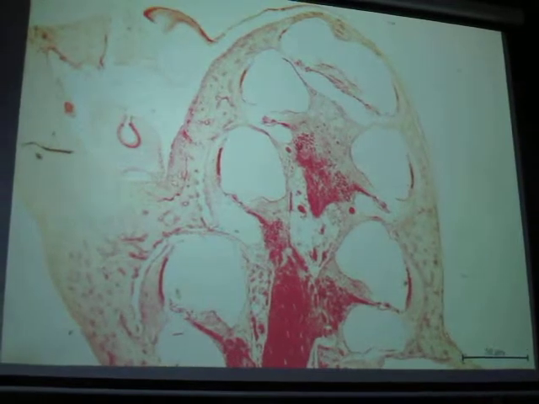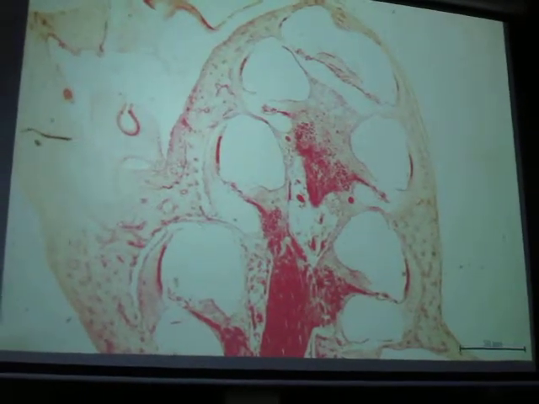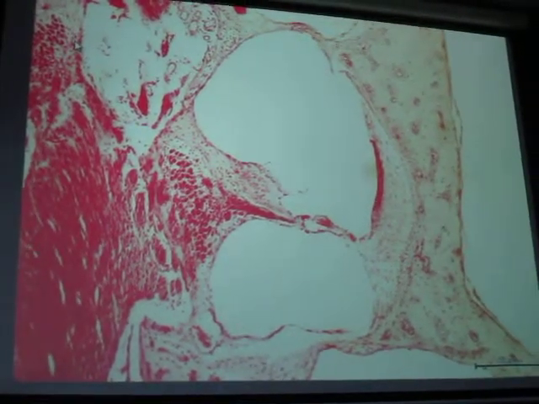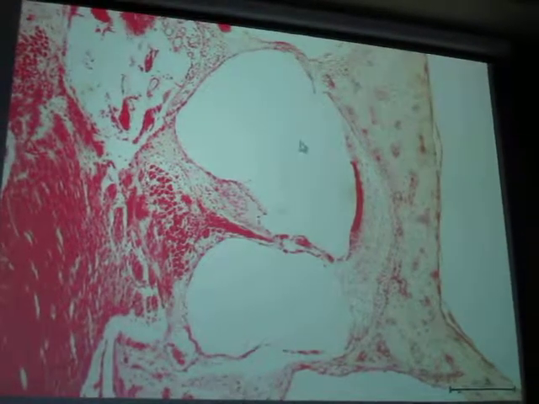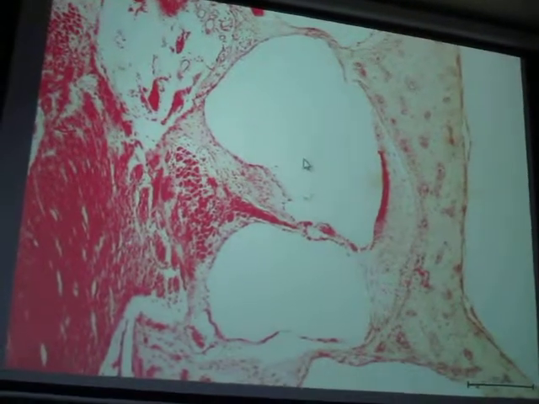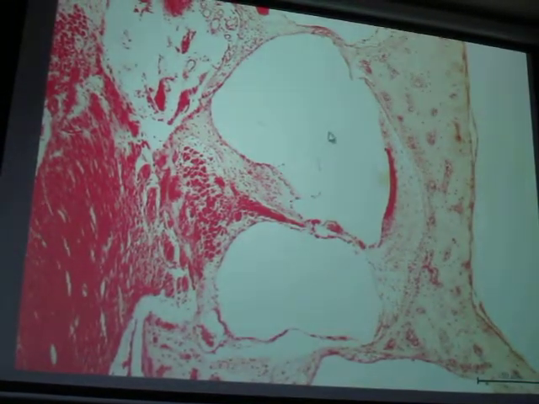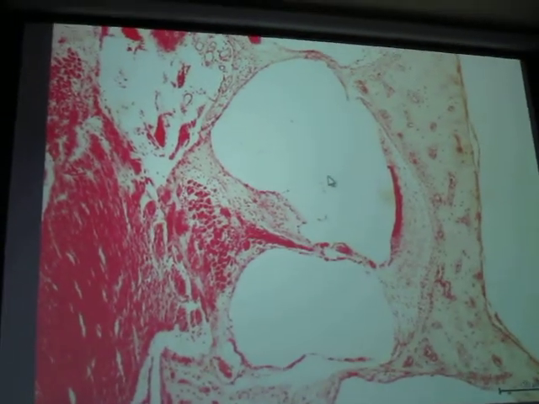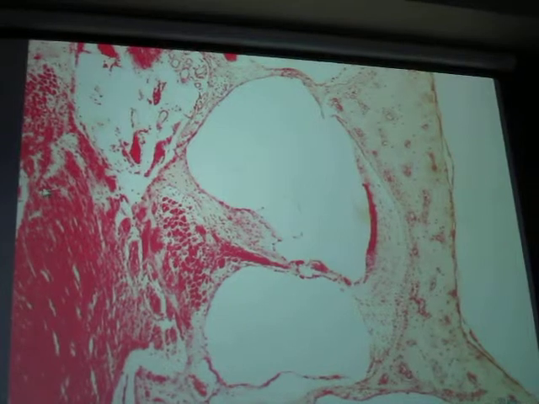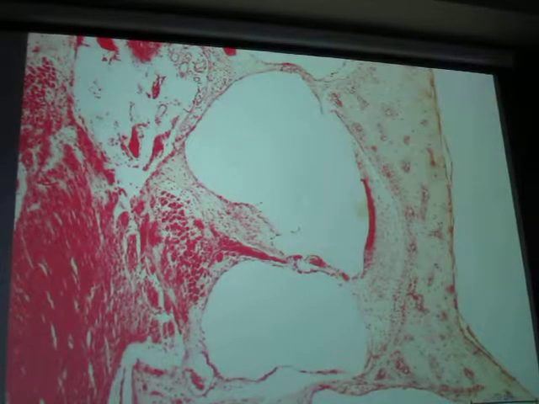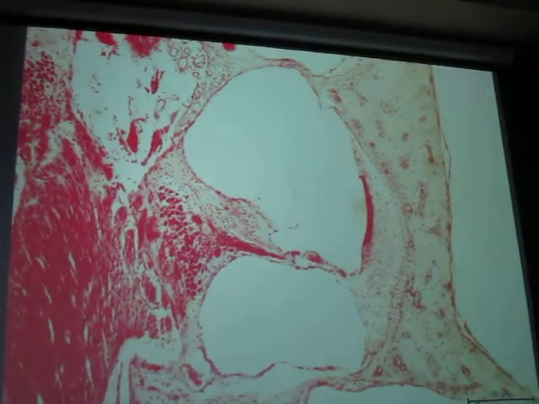What is the content of your scala tympani and your scala vestibuli? Perilymph. And your cochlear duct? Endolymph. Okay. So this is your scala vestibuli. It's not very evident, but this is where you have your partition, the Reisner's membrane or the vestibular membrane, which divides or separates the scala vestibuli from